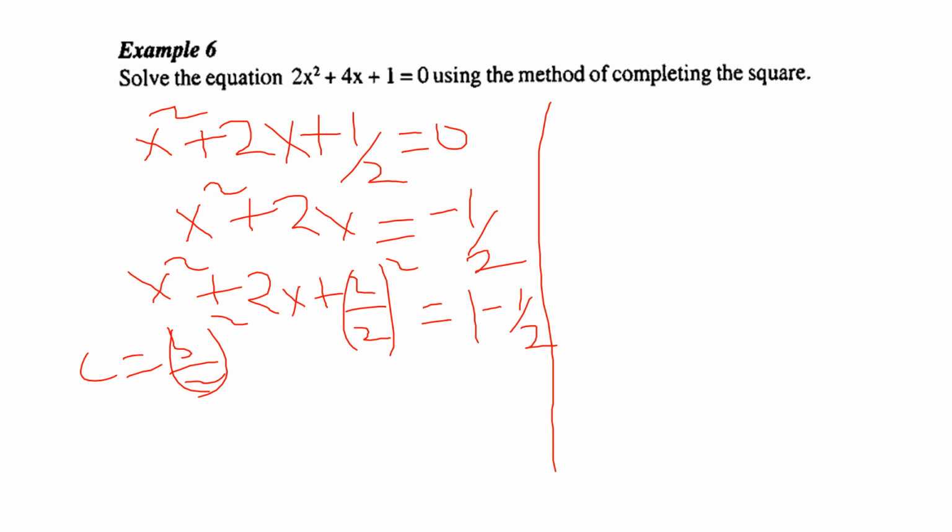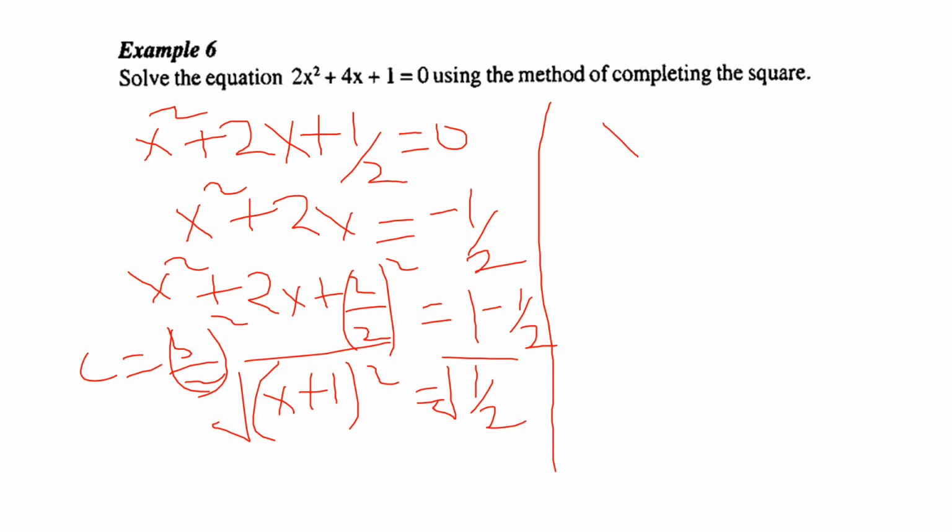So at the end of the day, if we factorize, we are going to be left with x plus 1 squared equals half. Then we can get the square root on this side and also the square root on the other side, so here I'll be left with x is equal to negative